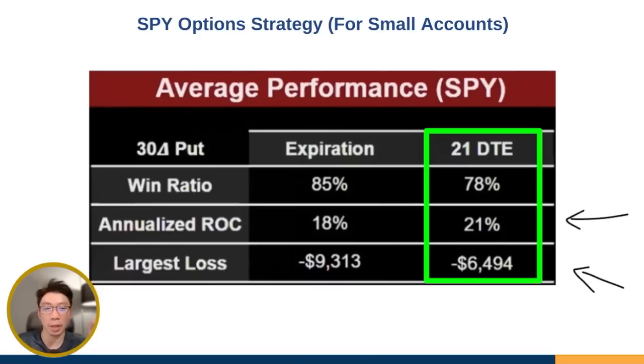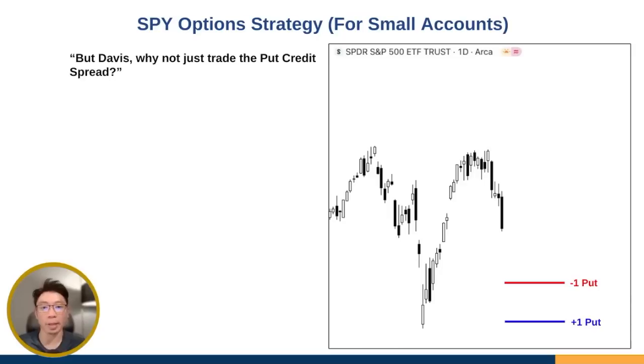You can see down here that not only do you have a higher return at the end of the day, but you also have a much smaller max loss compared to if you hold to expiration. So that is why we want to focus on the 21 DTE. We have much better P&L volatility control, as well as a higher return at the end of the day. Now, at this point, you might be asking me, but Davis,